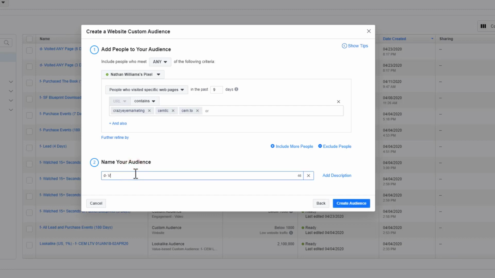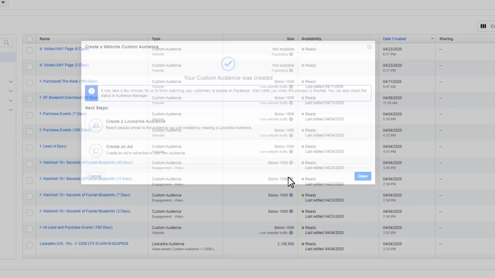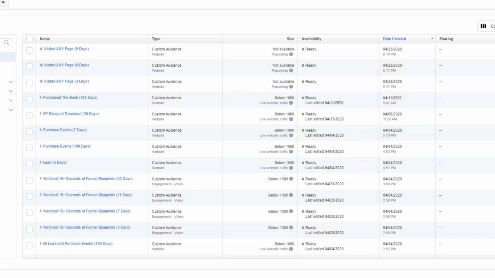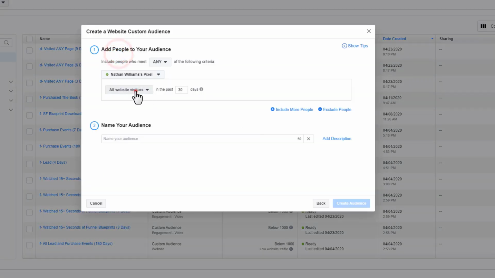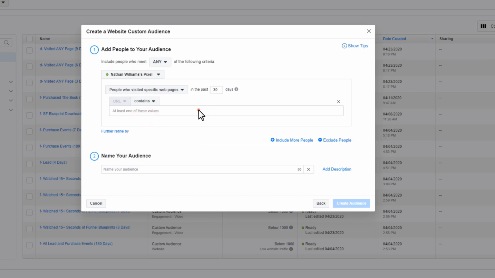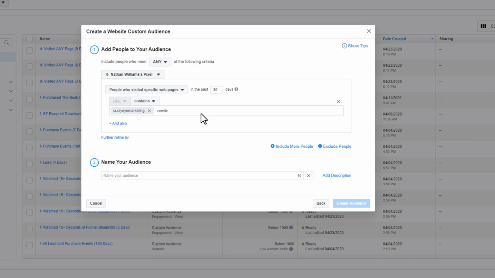And D-visited any page 9 days. All right, awesome, and done. And I'm gonna do one more custom audience, because we got days 7 through 9, but then over here came through funnel but didn't buy the vault, so I'm gonna do a 30-day audience for these folks over here. So we'll do website and specific pages the last 30 days, Crazy Eye Marketing, SEM LLC, SEM.2,